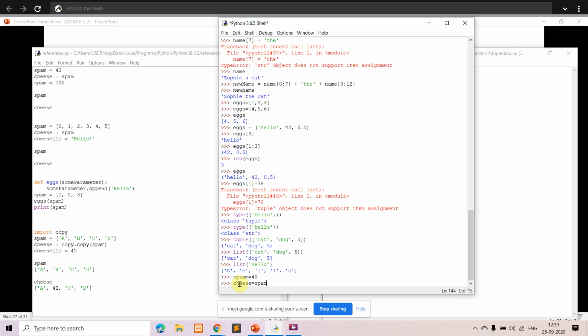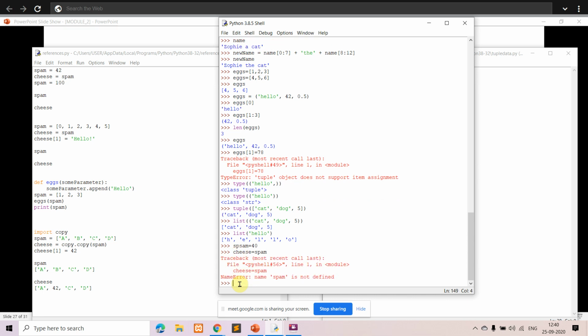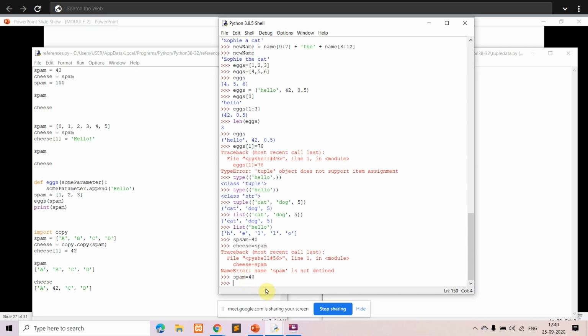We have a spam variable which is initialized with the value 40, and then we are copying the value in spam and assigning it to a variable called cheese. Okay. Spam equal to some value 40 and